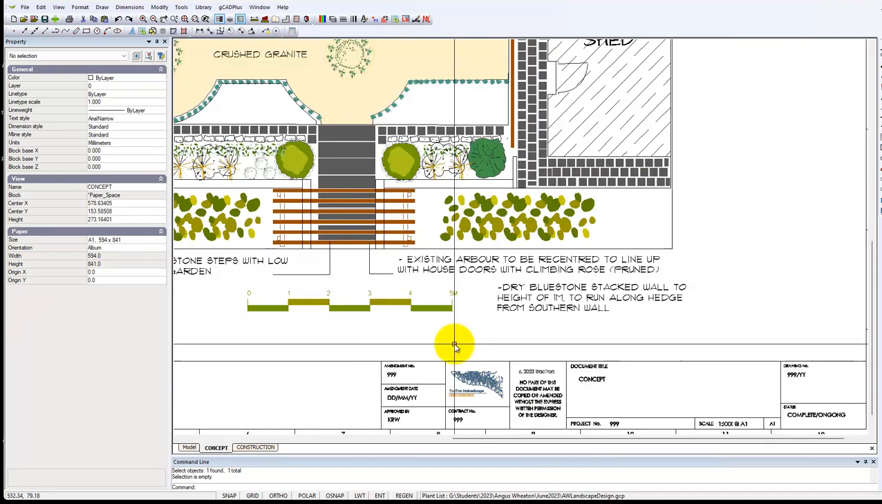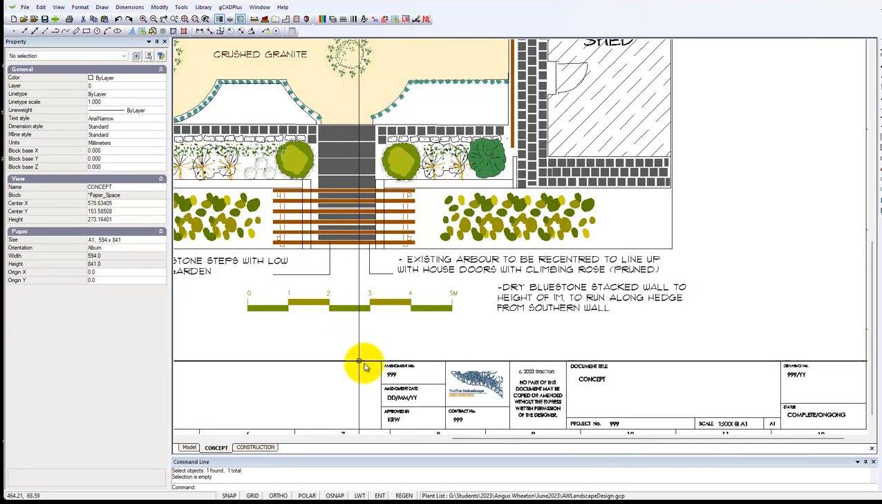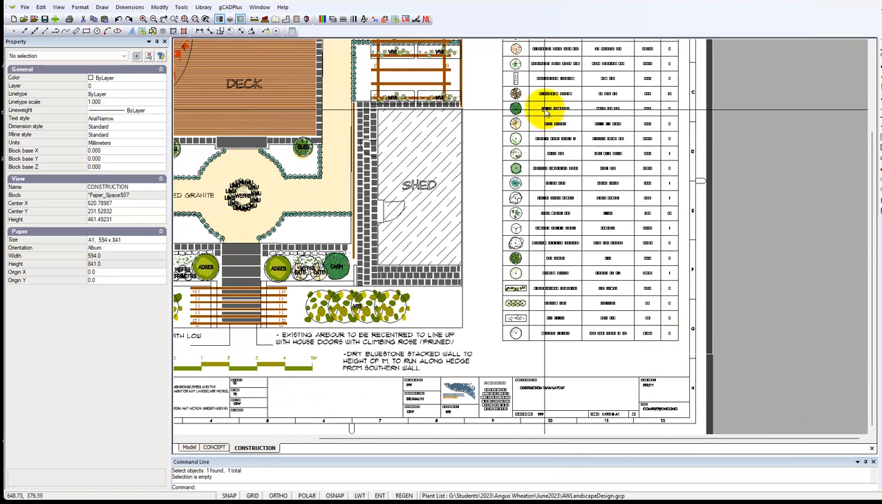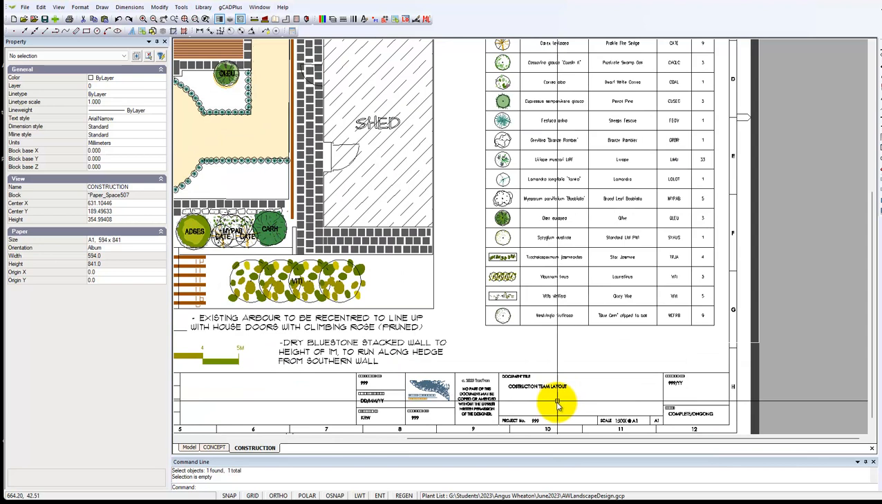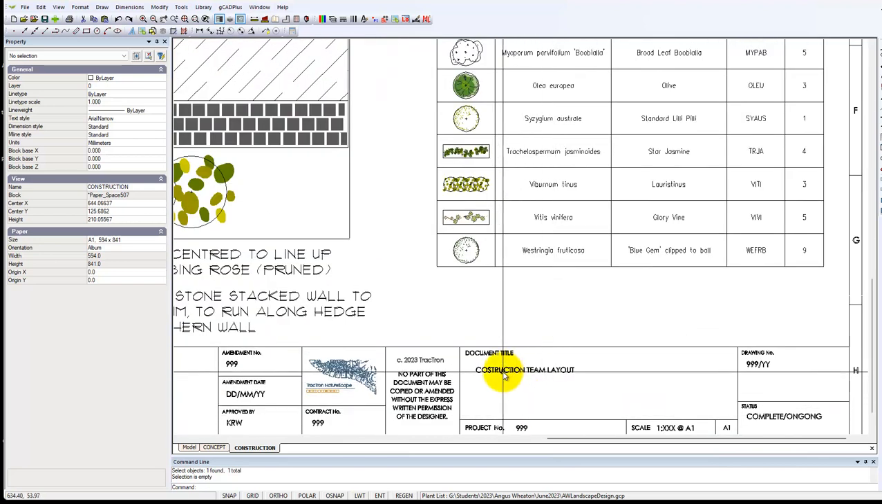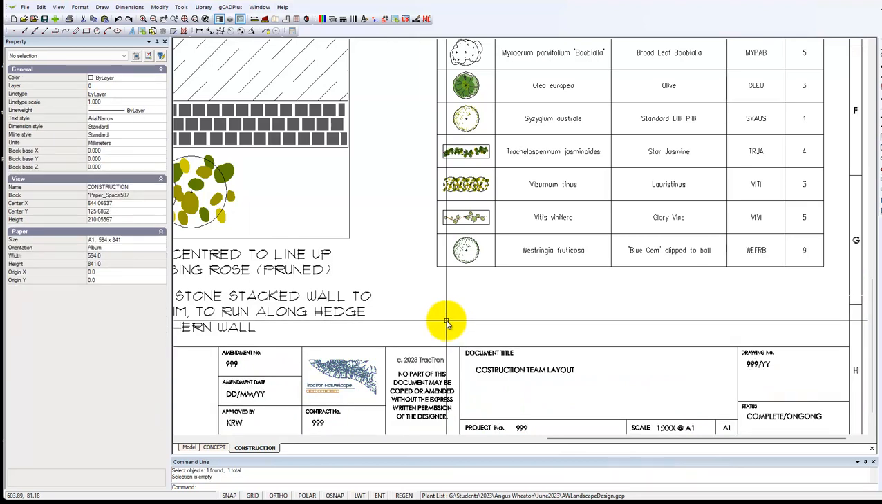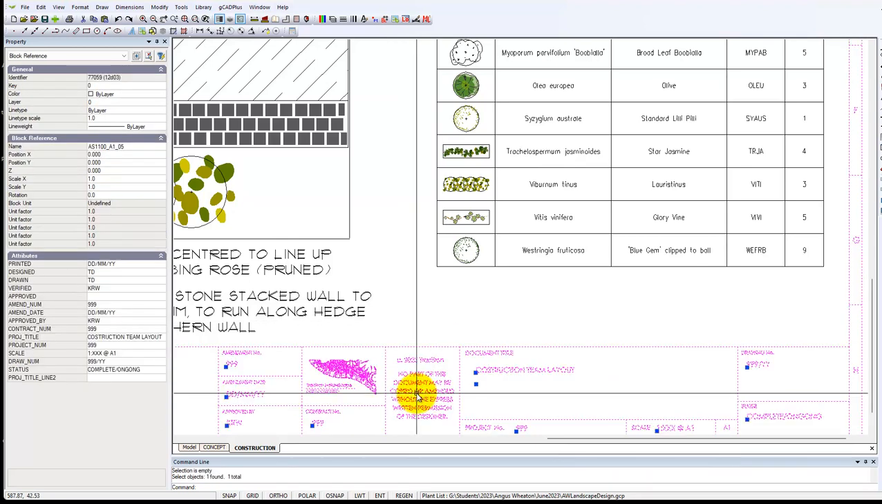But if you want to use a title block like this in yet another layout, for example one called construction, where you'd want to show the plant list and show the construction team information on it, by using attributes we can just edit, in this case, the project title, and we can even have another line of more information in there. So with the single title block, which at the moment is called